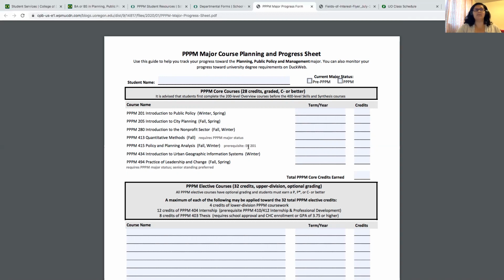Economics 201 is a prerequisite for 3PM 415. That's why the class is required for you to apply for 3PM admission. It is recommended that you complete this economics requirement early on and also apply for the major early on. Economics 201 is offered generally every term, so you shouldn't have difficulty registering for that class.